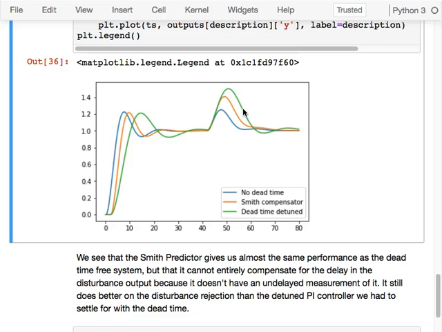So remember, this is now using exactly the same controller. And I told you, this is the cool thing about this, where I can use the same controller. I don't detune the controller. I don't go back to it and try and make it better. I just pretend that the system doesn't have dead time and tune the system that way. And I get the same set point tracking response that I would get in a dead time free system, given that my model is perfect. However,